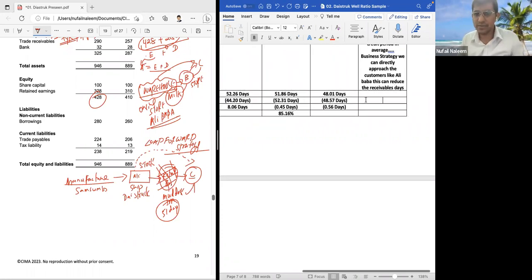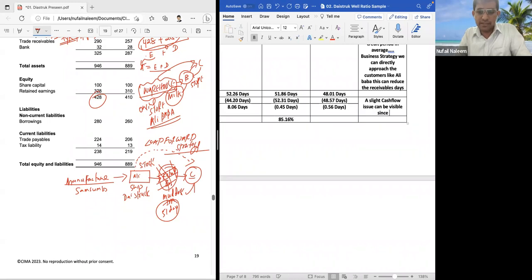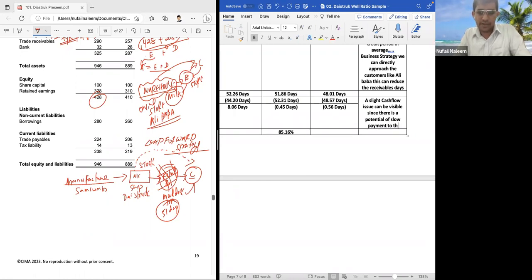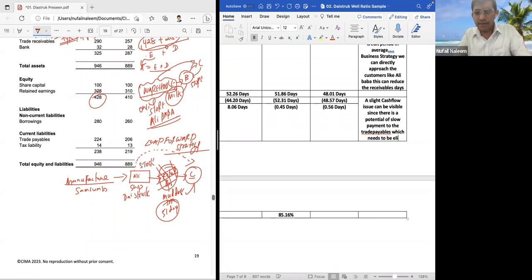So I'll just write down a small point of view so that it will be very clear. A slight cash flow issue can be visible, since there is a potential of slow payment to the suppliers, to the trade payables, which needs to be eliminated. That means, students, in simple language, one of our biggest challenges may look like an operational challenge, but the biggest challenge is